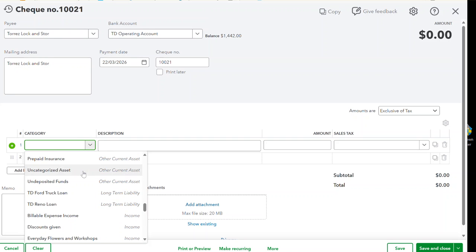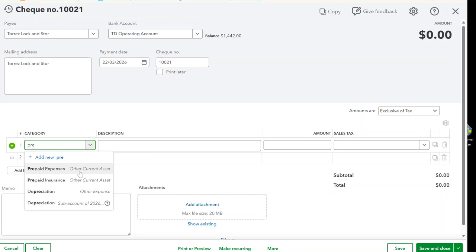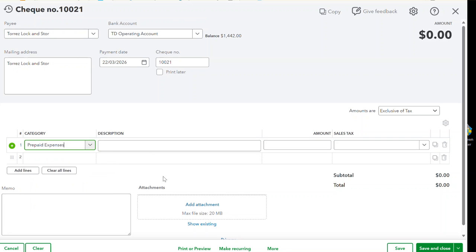Because we have a lot of accounts, I'm just going to write it, so we are going to charge it to the prepaid expense account. And what are we doing? The description will be we're paying for 3 months storage unit. So I'll just put 3 months storage unit, and the amount here is 225, and we have an HST on it. Let's do the HST, and the amount should be